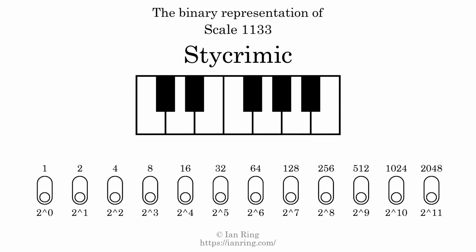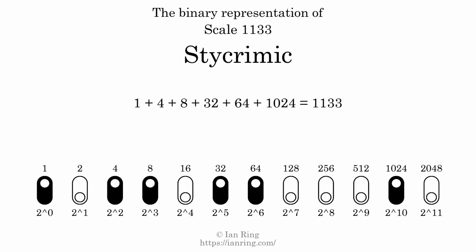The binary representation of this scale is determined by mapping tones of the scale to binary digits. Each binary digit represents a power of 2. To get the scale number, we add the powers of 2 together. The powers of 2 that are present in the scale, all added together, equals 1133. That is why the scale number, in decimal, is